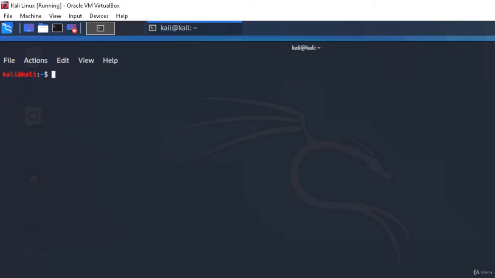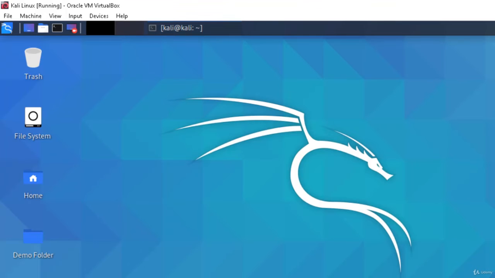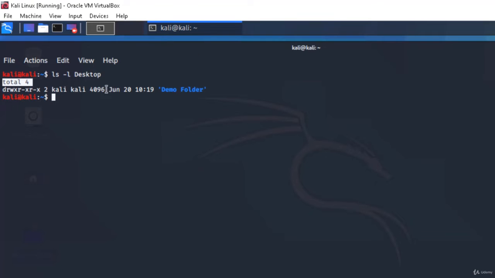clear stands for clearing the terminal window. As you can see, everything got erased after I typed clear. Next is ls -l desktop, which means list everything. You can see there are 4 files on desktop, and therefore the result that we got is total 4 and